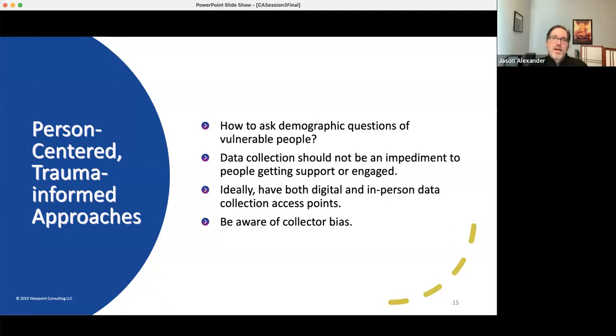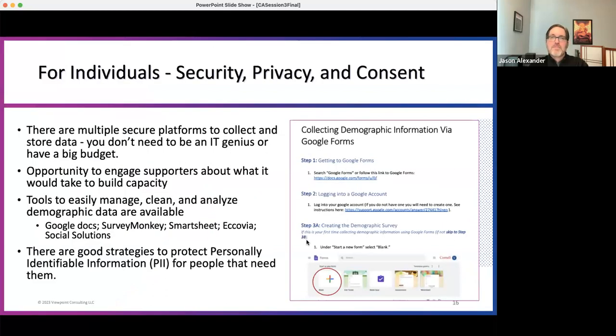This is a very local decision, and it's up to a local elected board of representative leaders to decide when to ask those questions. But I will say, in most of the communities I work in, they're asked at the first point of contact. There are some things that are required to be asked at the first point of contact, and demographic data is part of that required set. Again, this is homeless crisis response, not mental health crisis response. But